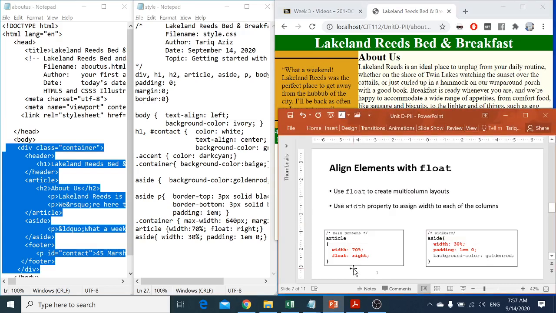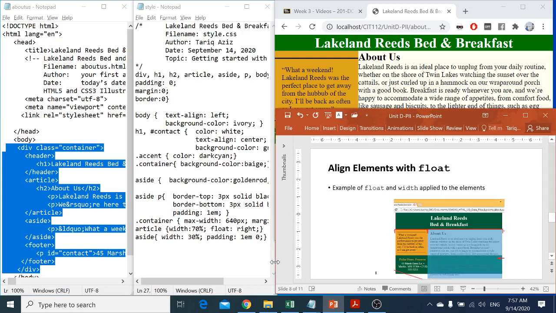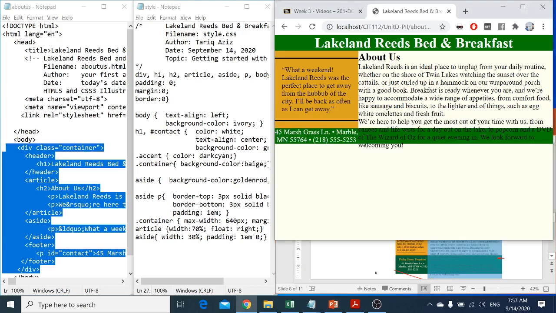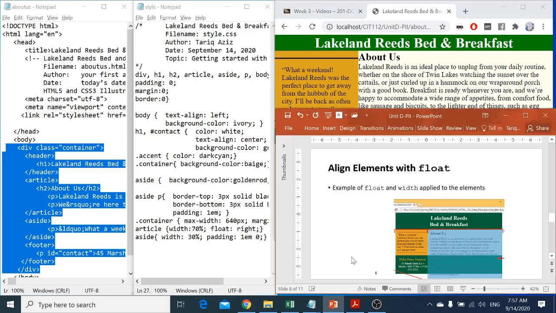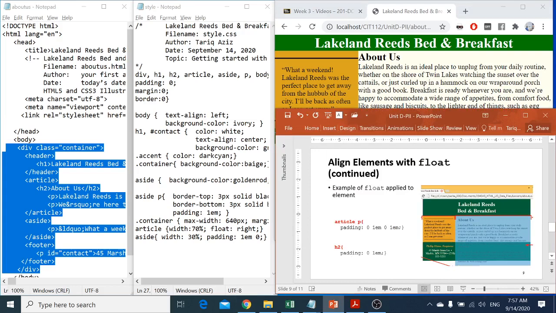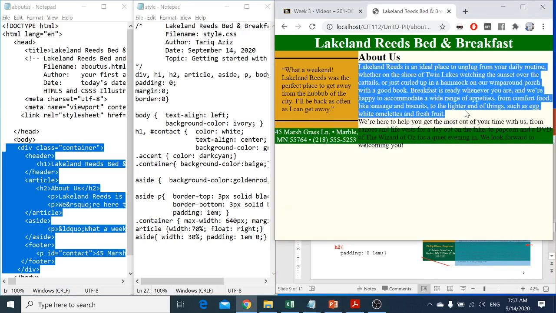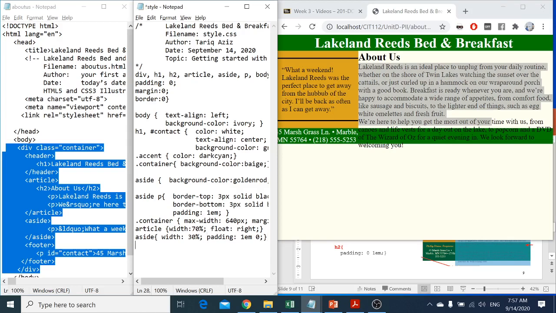Now let's go and see what's on the next slide. Okay, this is the example that we have done already. With the help of float, we bring it down on the left side. Similarly, it happens to the footer as well, and this our article is on the right side. Now we need to work on this article paragraph. So we want to push this paragraph a little bit, we need to have a padding. So let's go and see if we can add the padding to the article paragraph,